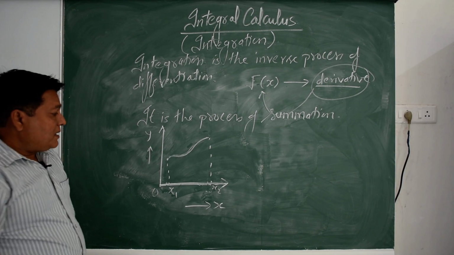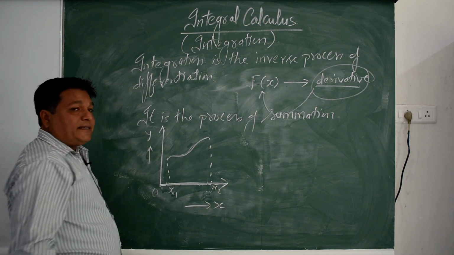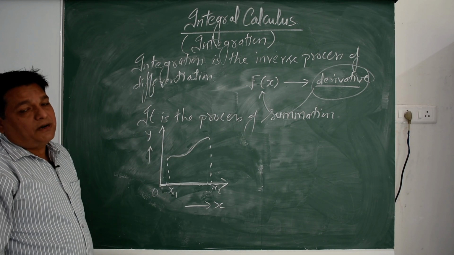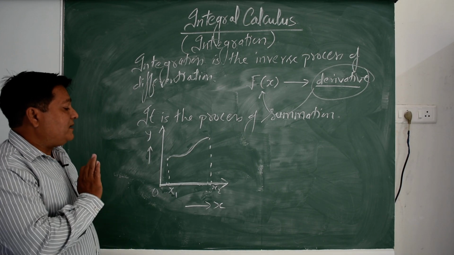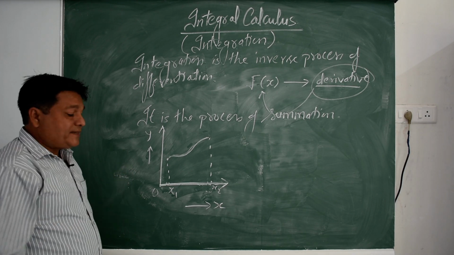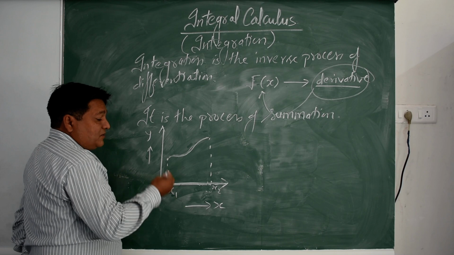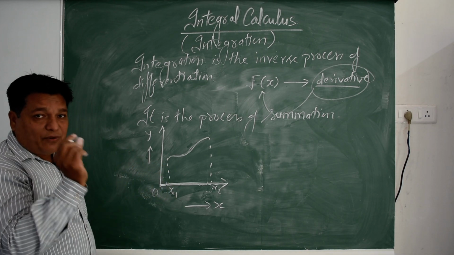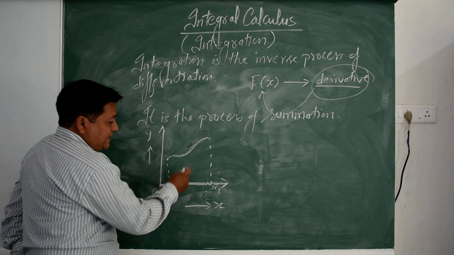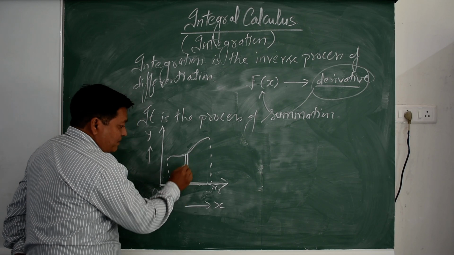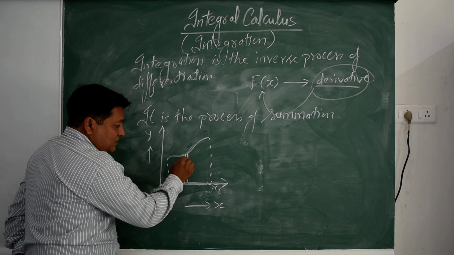Okay. How do we find out the area in this case, since a curved line is there? So, under this case, what do we do? In order to determine the area in this type of case, we divide this particular part into small, equal parts width-wise, from x1 to x2.